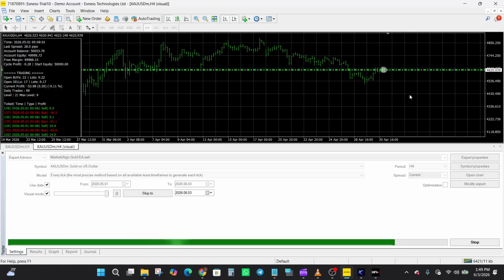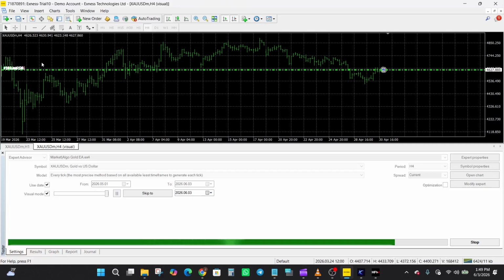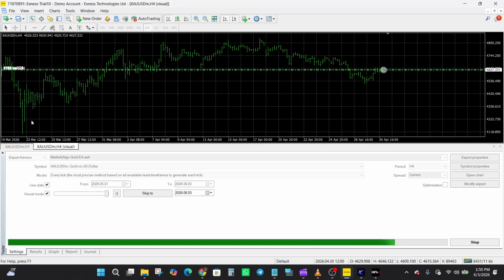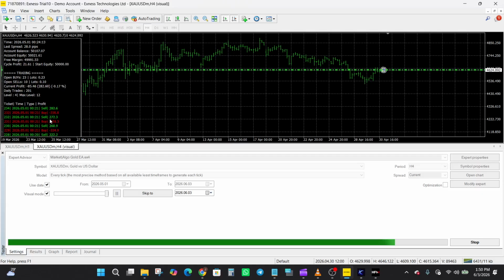We can also see this dashboard that is appearing here as the EA executes trades, showing running profit or running loss. You can see all this information here: the time, last spread, account balance, the account equity, the free margin, the cycle profit, the start equity, the open buys, open sales, current profit, the daily trades, and all these things. These are important information being displayed here as the EA looks for opportunities in the market and executes